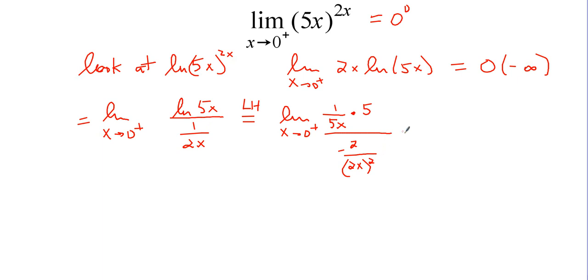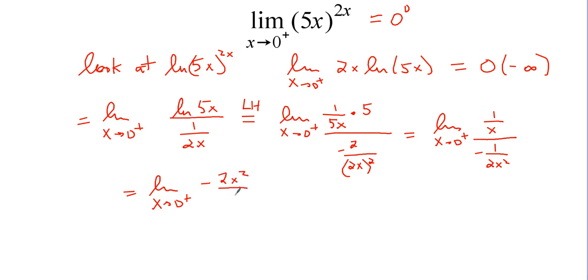And this will give us a limit as x approaches 0 from the right of 1 over x over negative 2 over 2x squared, which is negative 2 over 4x squared, which is negative 1 over 2x squared. And if we flip that around to simplify it down, we'll end up with the limit as x approaches 0 from the right of negative 2x squared over x, or just the limit as x approaches 0 of negative 2x,